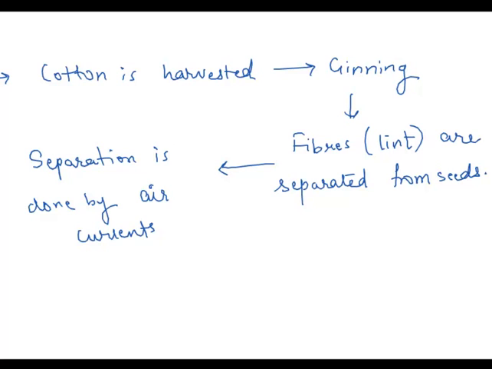And the fibers are cleaned and made into long thread-like strands, and these strands are spun with the help of a spinning machine. So this process of making yarn from fibers is called spinning, or we can basically write it as the process of making yarn from fibers, right? So basically yarn is then made into cotton fabrics by weaving,